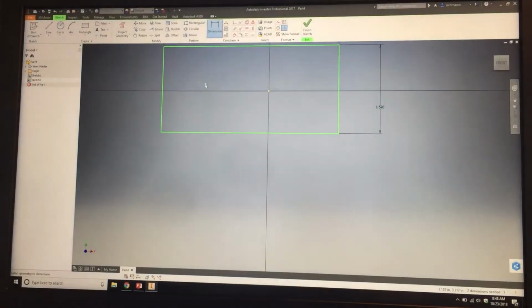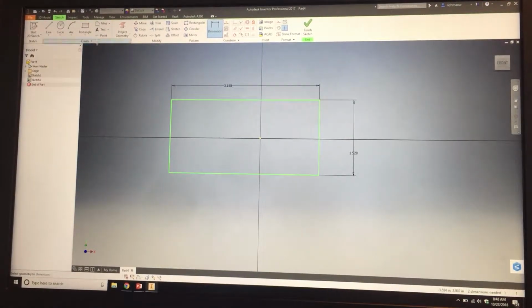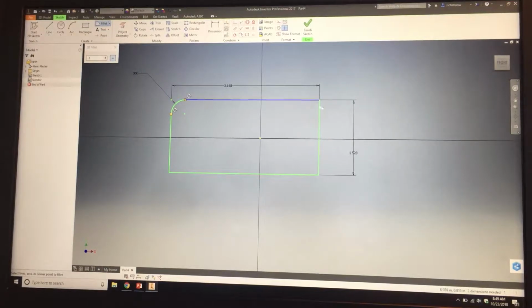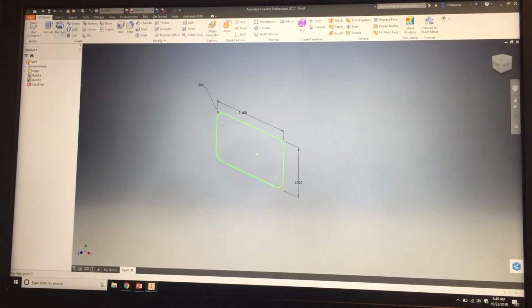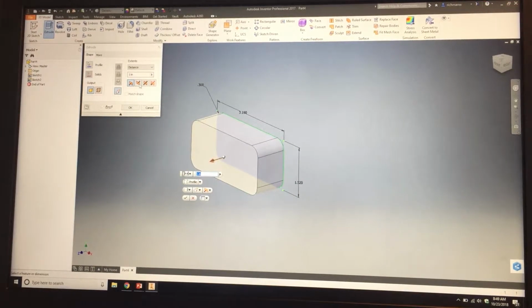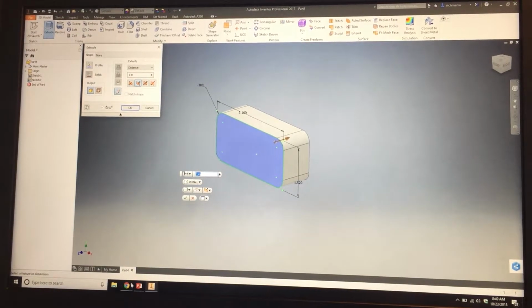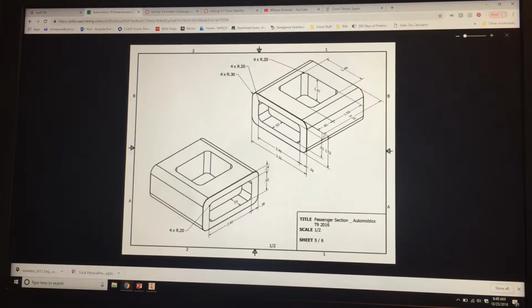Back to Inventor, and that is called a fillet. So we're going to go and fillet that, and the fillet is going to be a 0.3. Okay, and then we just go corner to corner, like that. And then we're done filleting. So that's going to finish that sketch. And then we're going to extrude it. And we're going to go the opposite direction. From there, we are going to extrude it a distance of